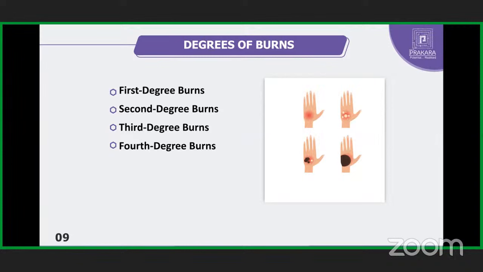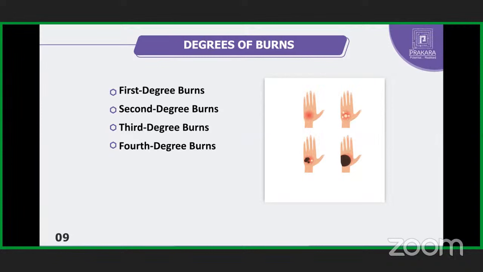In third degree burns, there is involvement of the whole of the epidermis and the whole of the dermis. Both layers of the dermis are involved, that is papillary and reticular dermis. How does the site look? It can look white, gray white, or black, depending on how much area is involved. It is hard and leathery, and it will be painless because all the nerve endings are lost. All the nerves are damaged. So there will be no pain in third degree burns.